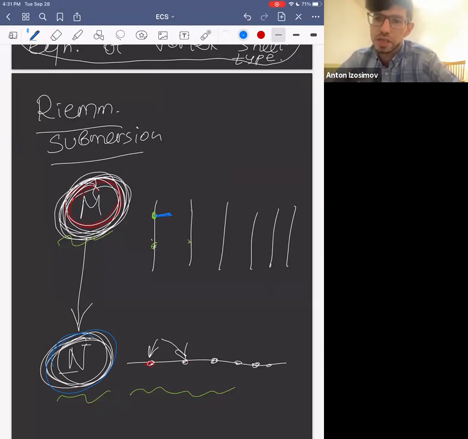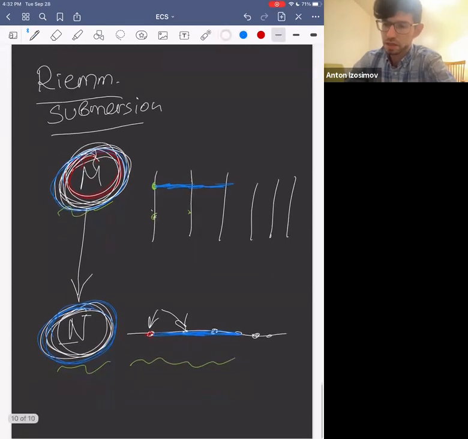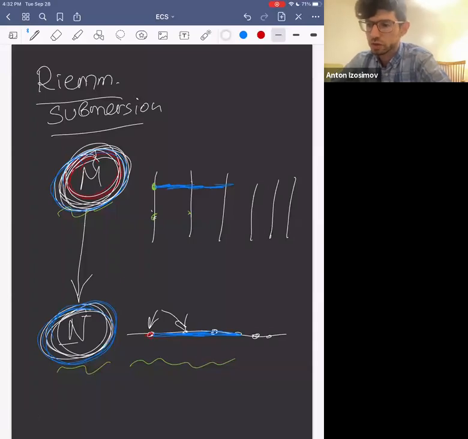Like in our R2 example, that would be just horizontal lines. And then what's true is that if your geodesic has a horizontal initial direction, it forever stays horizontal. And moreover, horizontal geodesics can be identified with geodesics on the base. So there is an identification between geodesics on the base and horizontal geodesics on the total space. And now we can apply this notion of a Riemannian submersion to this